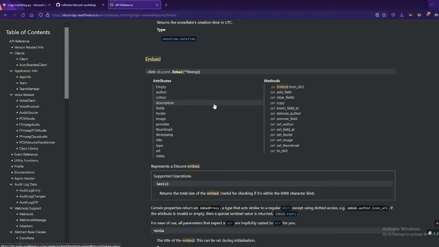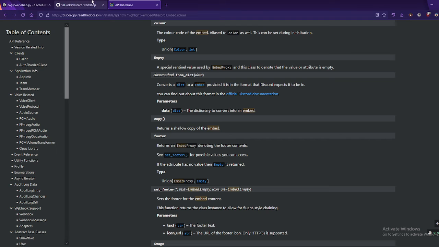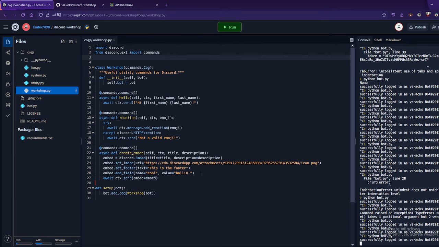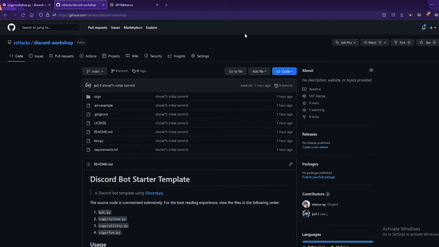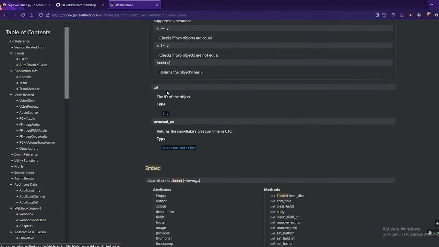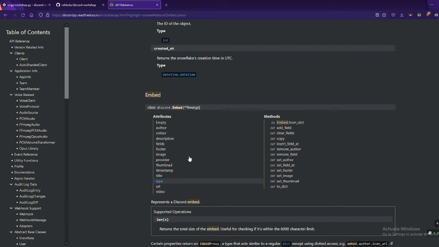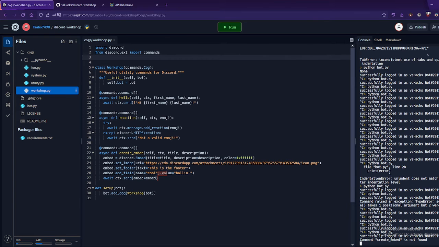So let's look at color. How do we change color? So let's just test out what color does. So Joe, do you want to change the color of the thing? I'm pretty sure it accepts a hexadecimal. And yeah, everything you see inside this list, so image, provider, thumbnail, fields, you could just write it inside